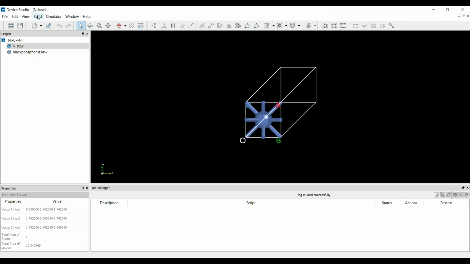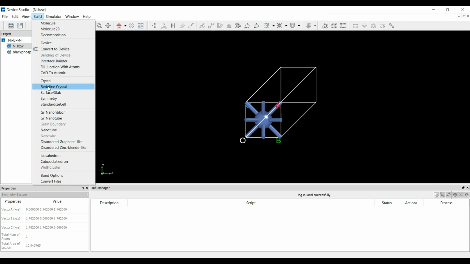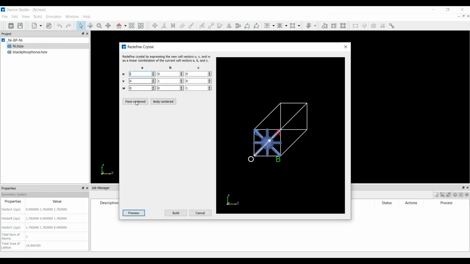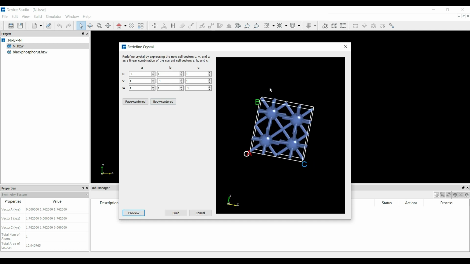You can go to the Build option and go to Redefine Crystal, and here you can see it redefines the crystal by expressing the new cell vectors UVW. Here you can see the face-centered cubic structure and the body-centered cubic structure. I would like to select the face-centered cubic structure, then click on Preview, and this is the face-centered cubic structure of the nickel atoms.